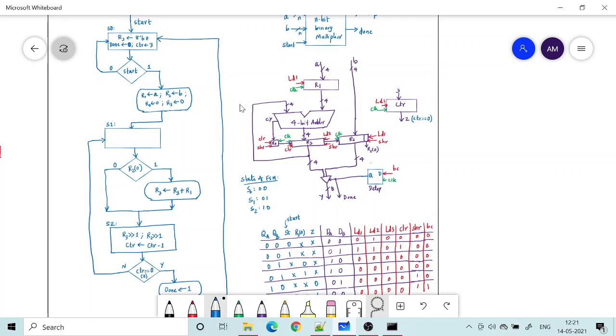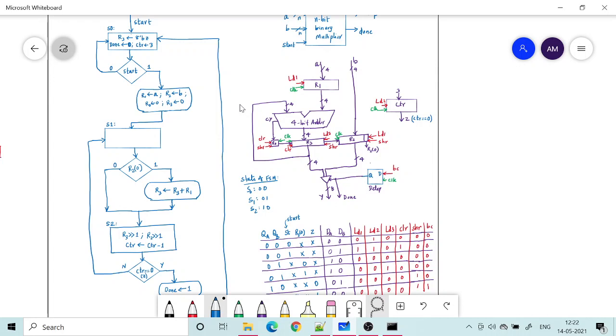So I have a register R1 to which I will load my 4-bit input A, R2 I will load my 4-bit input B, and then I have 2 other registers. One is another 4-bit register which is taking the adder output, and then I have a single bit register which will take my carry output after addition. So what is the thing I need to add?